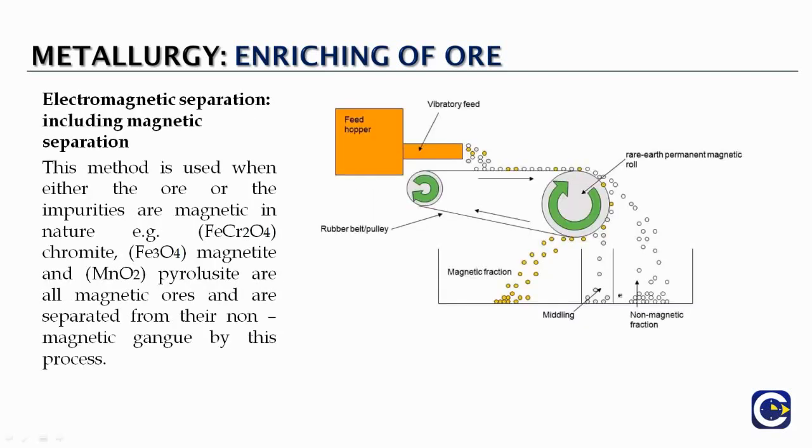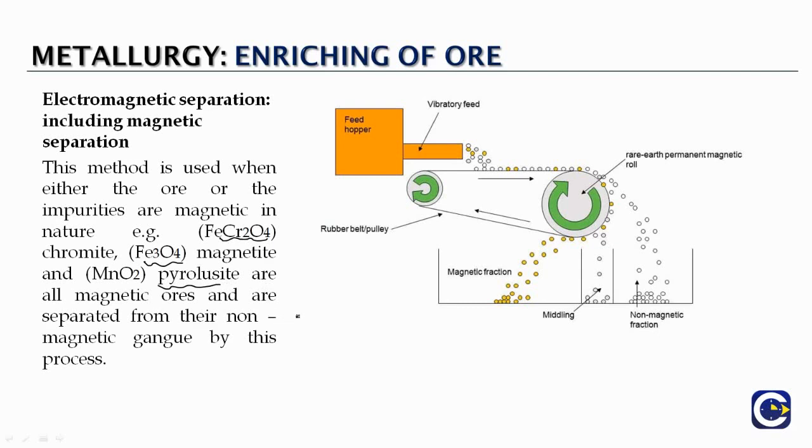Now the other important enriching step is magnetic separation, also called electromagnetic separation, since of late in the industry they have been using electromagnets instead of permanent magnets. Though in the representation over here we have taken the case of a permanent magnet. If you look at the ores which have magnetic properties like FeCr2O4 chromite, or magnetite, which is a common ore of iron, Fe3O4, or pyrolusite, which is an ore of manganese, all these particles have magnetic properties,